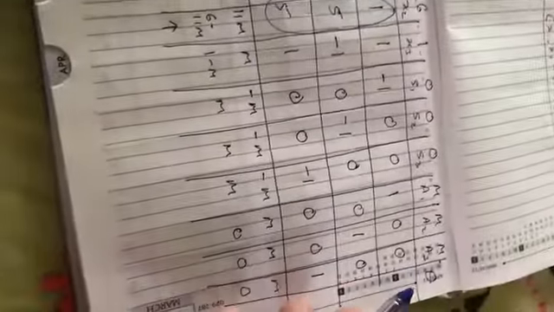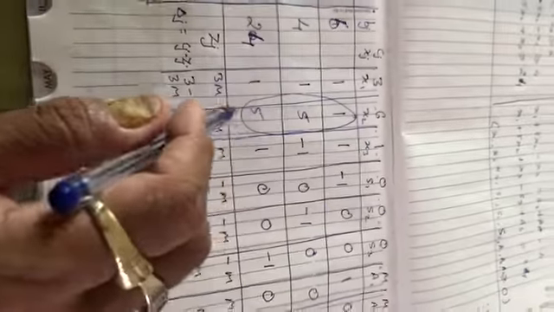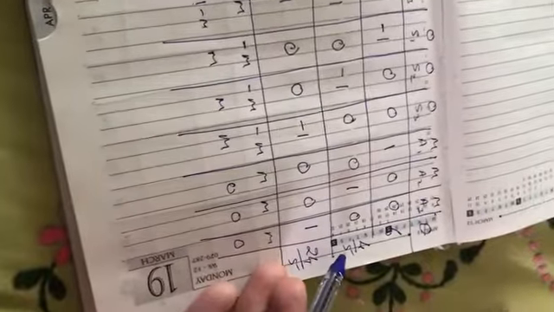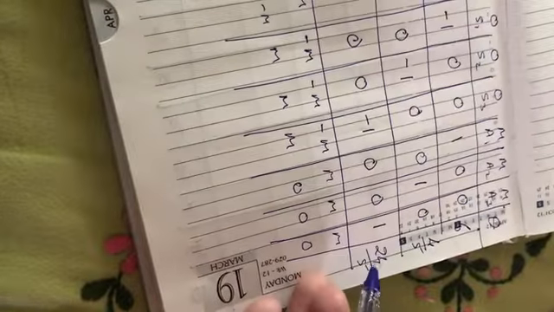Now how to find the Bj? Replacement ratio theta? Bj upon the elements of the key column. So 6 upon 1 is 6. 4 upon 5. So let it be 4 upon 5. And this will be 24 upon 5. So what happens over here? 6. This will be 0.8. 0.8 it will be. And this is almost 5.